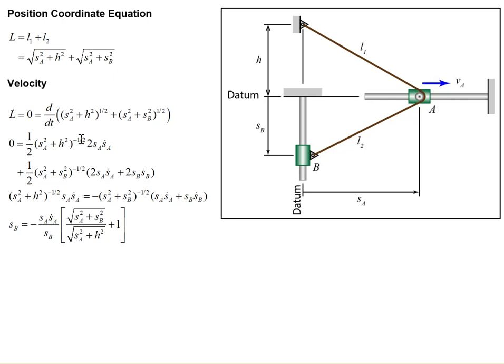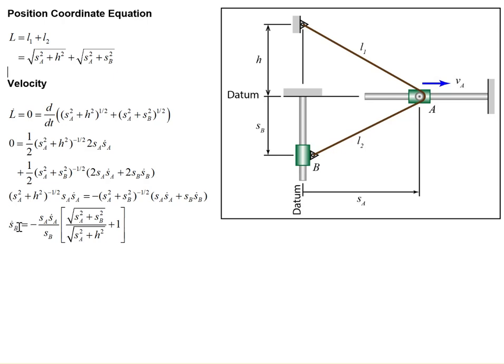So that's just like taking the derivative of x to the 1/2, right? And then we take the derivative of the inside, which would be 2s times s dot. So derivative of the outside times the derivative of the inside, the chain rule. We do the same for the second term. All right, so once we have that, then we can just use some algebra, rearrange it, and solve for the